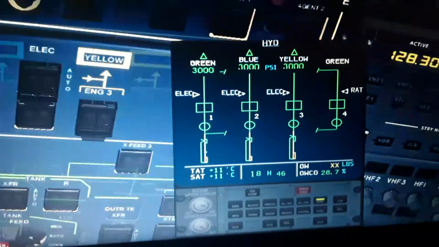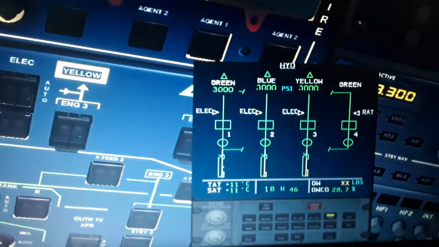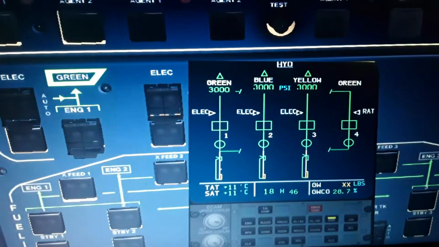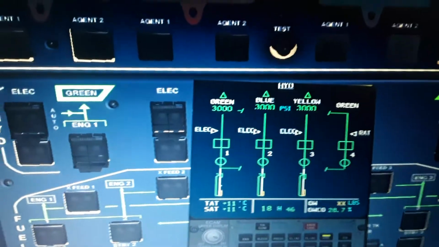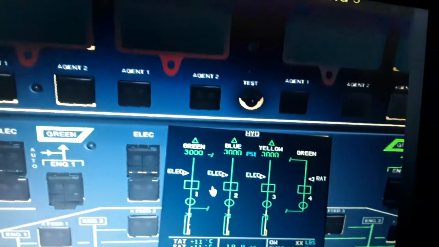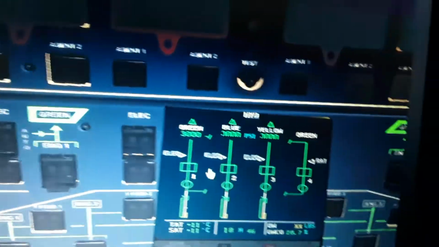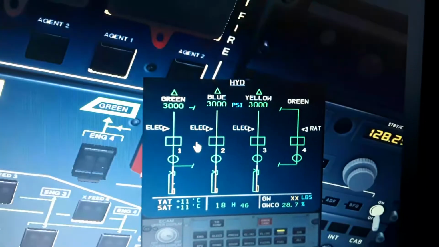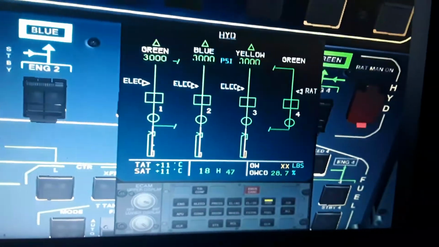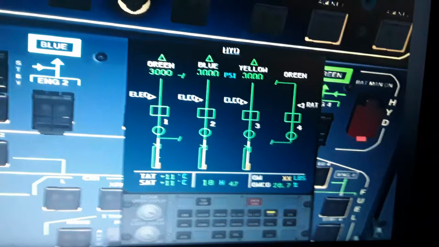We have yellow hydraulic from engine number 3 and blue hydraulic from engine number 2. Each engine hydraulic pump also has an additional standby electrical pump, which can be activated manually or automatically in case of a failure of an engine or its on-site